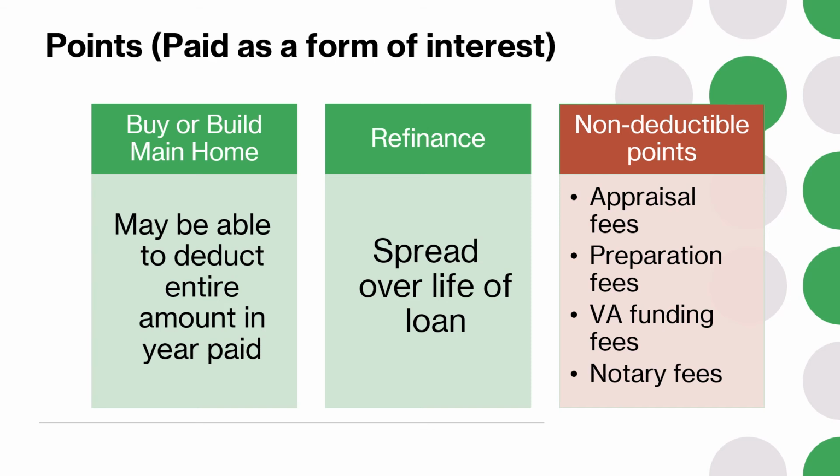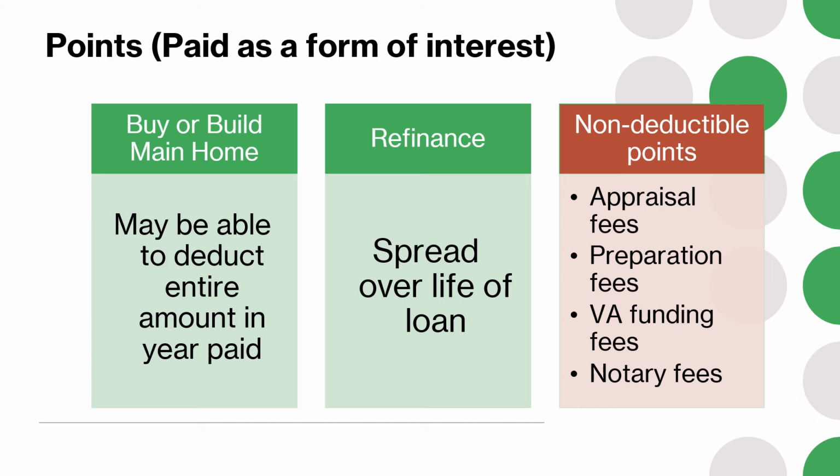So if the taxpayer just bought or built their main home in the last tax year, then they may be able to deduct the entire amount of points that they paid in that year. However, sometimes homeowners refinance and it's not for a new home, they're just closing out the old loan and getting a new loan. And if that's the case and they pay some points in order to lower their interest rate, then those points,